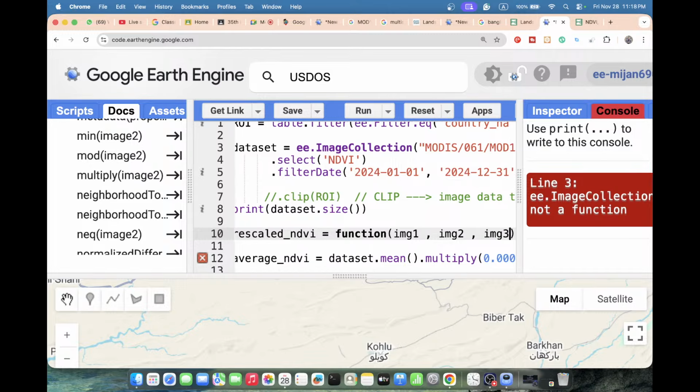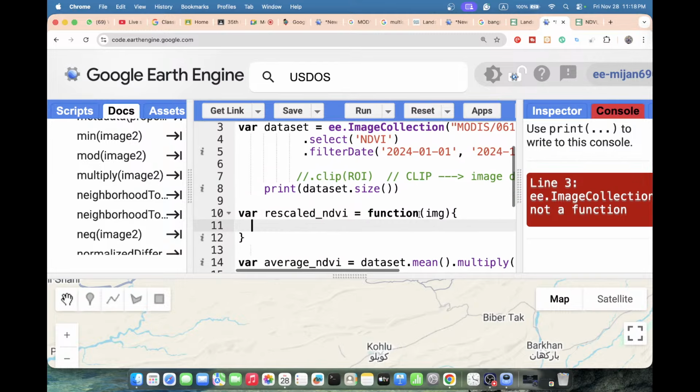It's not the proper way. Suppose I have a total of 1000 elements or 500 elements, a very large number of elements, then I face this type of problem. I need to create a lot of elements. But in this case we just take only one element. Suppose this is my one image, and further put the curly bracket. In this curly bracket, I need to put my argument. What is my argument? My argument is that this element I want to multiply. So I just put the return function, return this element, multiply